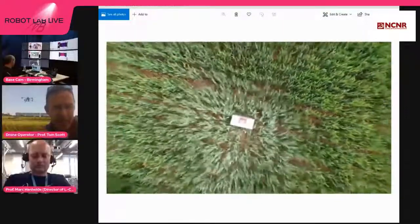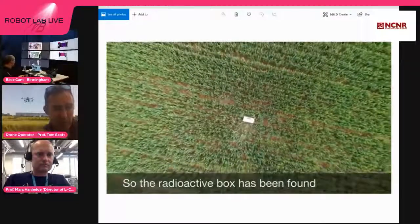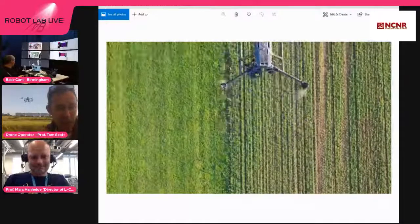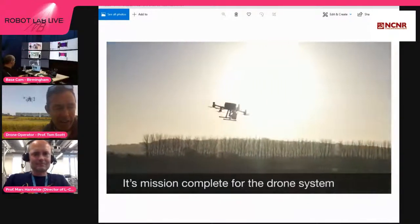and they would then be able to take a robot out on the ground, which is capable of manipulating that object and ideally taking it away and putting it somewhere safe so that nobody gets in harm's way from the radiation. So this is our part of the project where we're using drones for reconnaissance, for